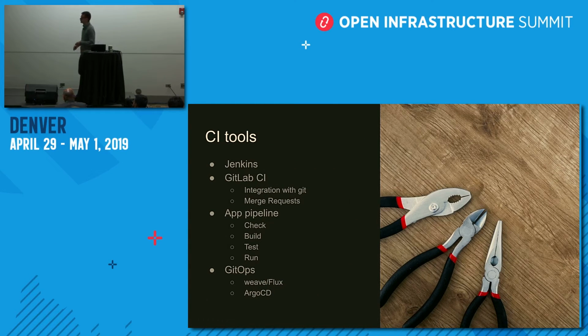All right, so some more tooling we'll need is some CI tooling. There are a bunch of CI tools out there, and really, if you already have some good CI tool that you're happy with, continue there. Otherwise, you have Jenkins, GitLab CI, which is kind of nice since it has deep integration with Git if you already use the GitLab UI.